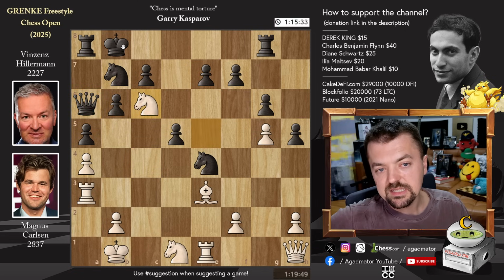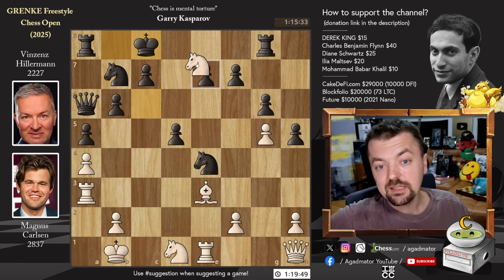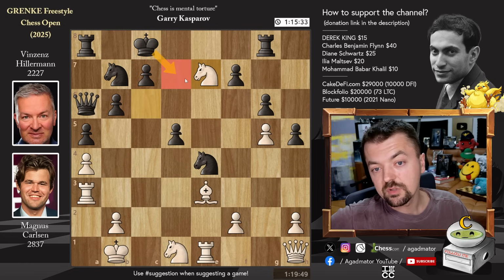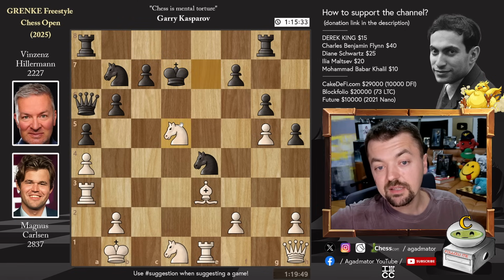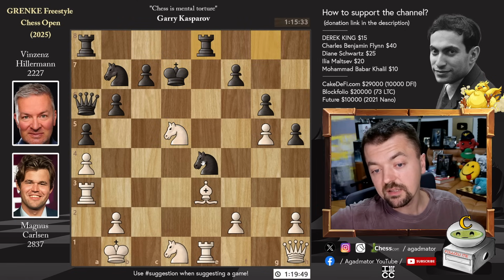For example, knight c6 check. King c8, knight captures on e7. Now you have to go to d7, otherwise you're just going to be, well, down a full rook. King to d7, and now knight captures on d5. And after, let's say, rook g to e8, because your knight here is also hanging, knight 1 to c3, let's